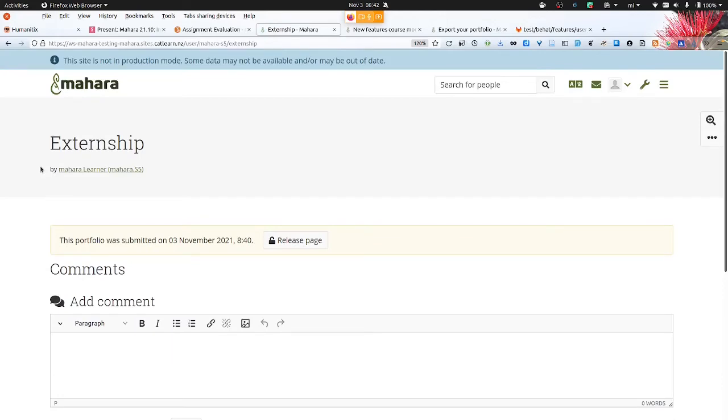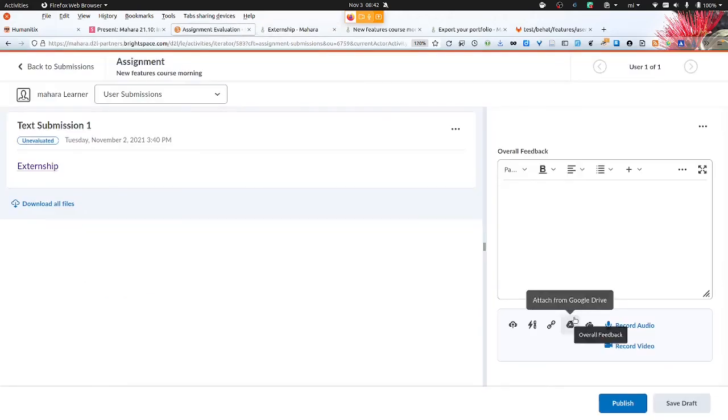Now, because we didn't want to make any changes to the learning management system, what is being done here is when the instructor finished reviewing the portfolio, they would click Release Portfolio, or Release Page in this case here, and would then do their overall feedback in Brightspace, including any rubrics or anything else that they want to do.